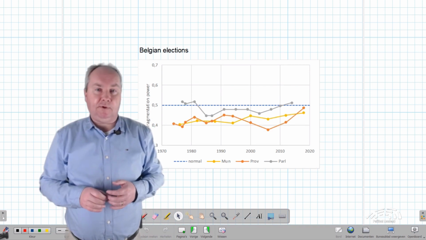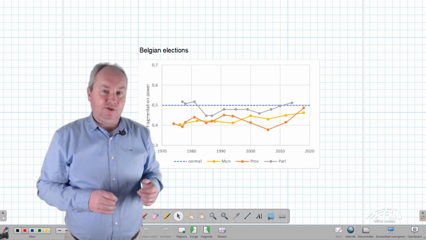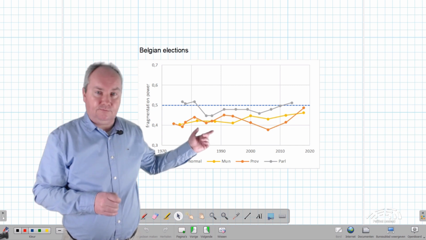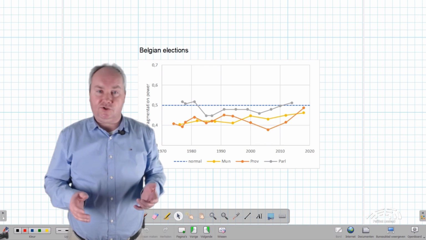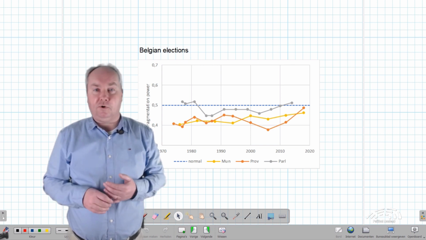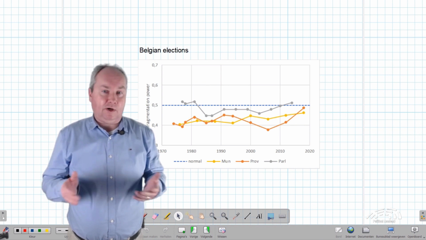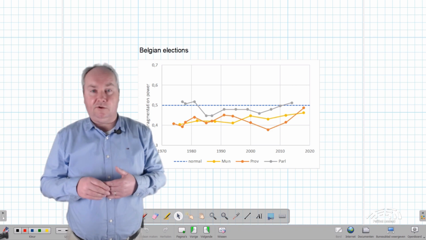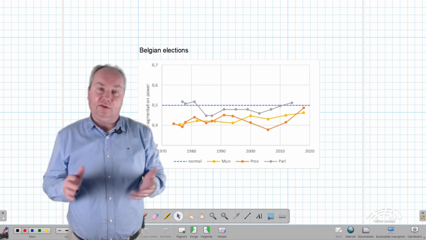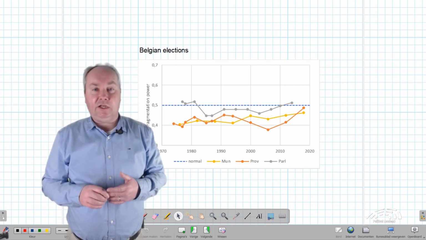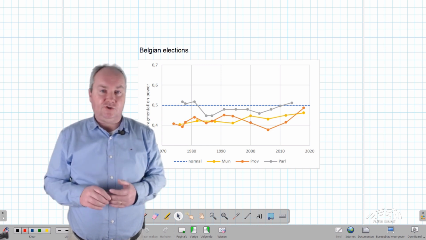Belgium has been experimenting with election regulations since the mid-1990s, which influences their development of the number of parties. It is rising gradually, but it is not at the high level of the Dutch. In a future video I will go more into that. So, even though voters are free to vote for any party they like, people are free to create new parties. It is very easy to take part in elections, more in Belgium than in the Netherlands. There is a clear influence that keeps the number of parties with seats low for national elections.